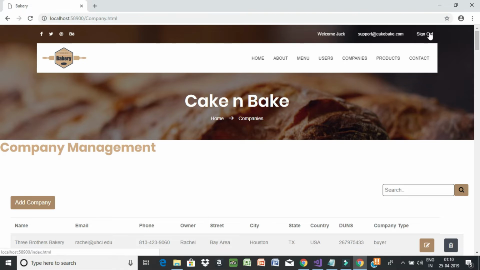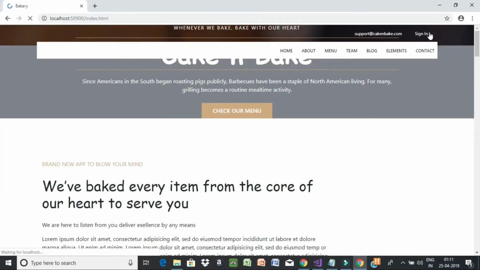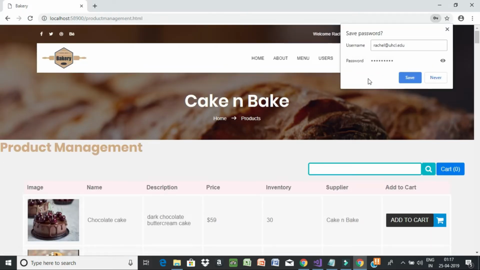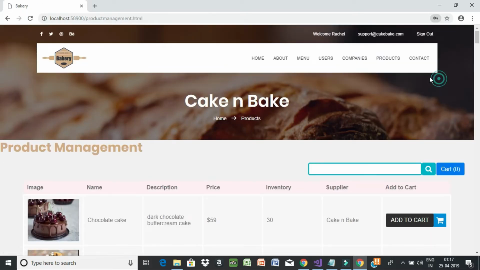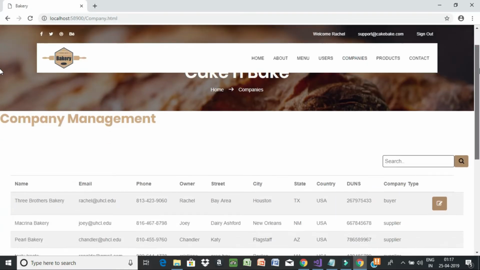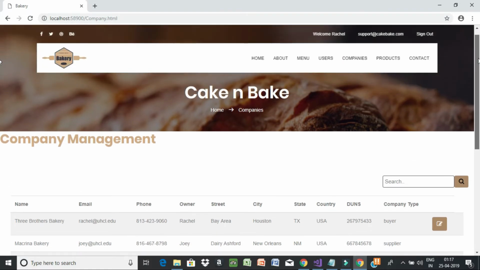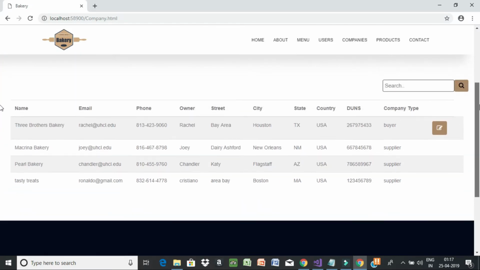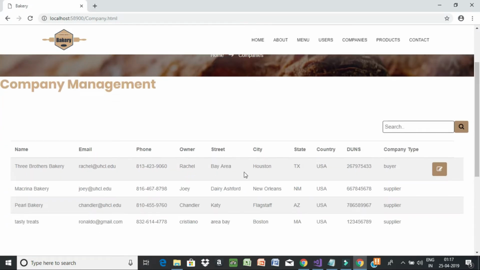Let's sign out the super admin. So let's sign in as a buyer admin. As you know, a buyer admin can edit just his own company, and he can view all the supplier company. He cannot view other buyer company. So you can see here the buyer admin can edit his company,